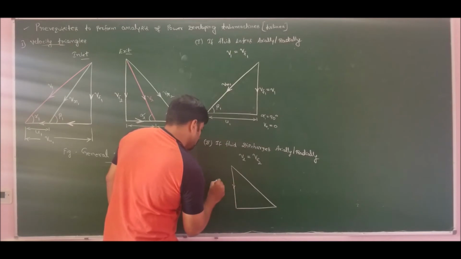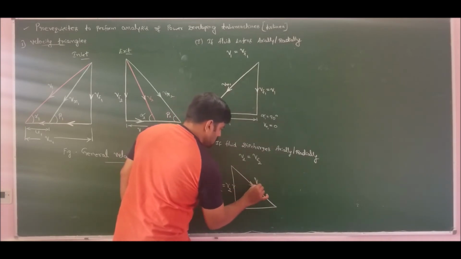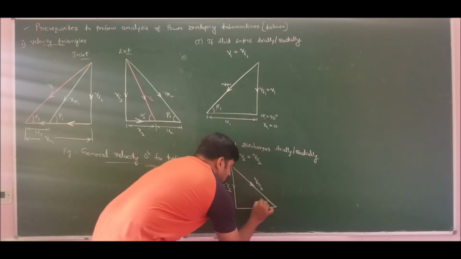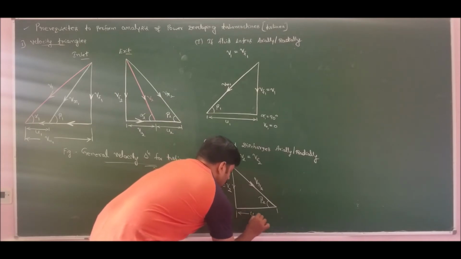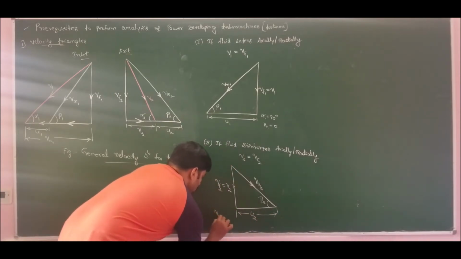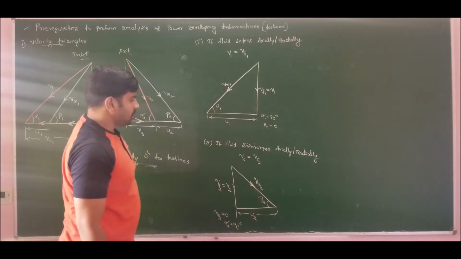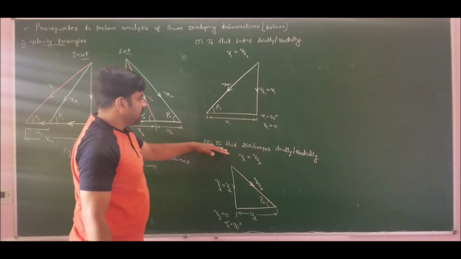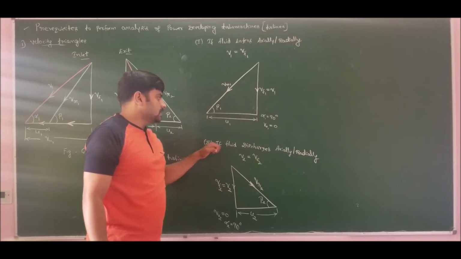So if I make V2 equal to Vf2, the velocity triangle will become: we have flow velocity Vf2 equal to V2. I am left only with Vr2. The angle made by Vr2 is beta 2. From absolute to relative is U2. So here Vu2 will become 0. The tangential component at exit will become 0 and alpha 2 will become 90 degrees. So this is the velocity triangle at exit if the condition is that fluid discharges axially or radially, whereas the inlet velocity triangle remains the same because no condition has been imposed for the inlet velocity triangle in case 2.